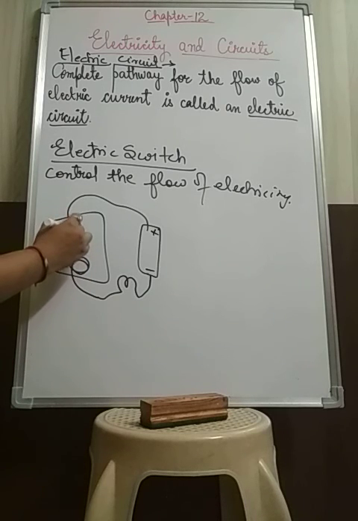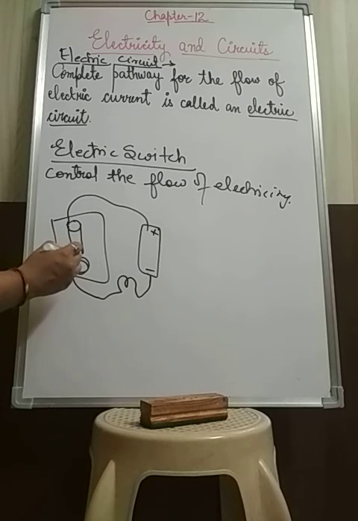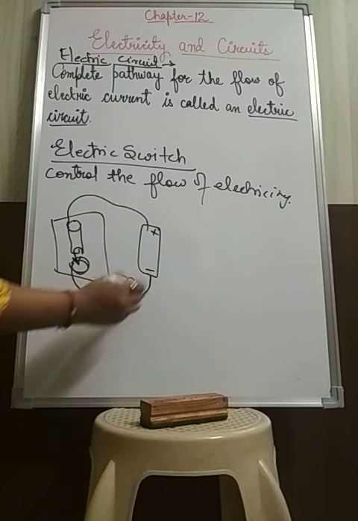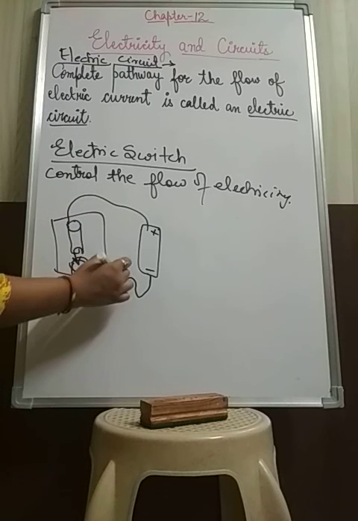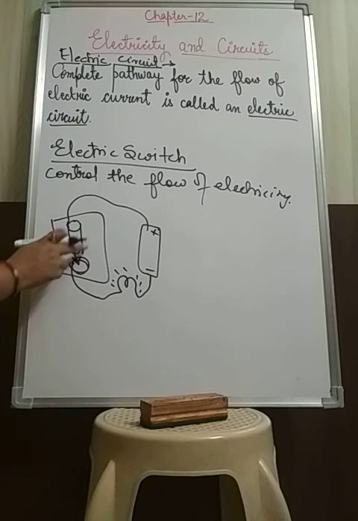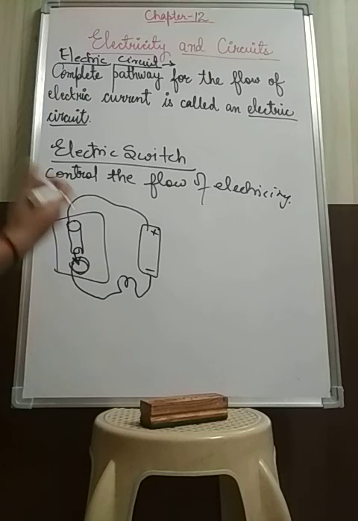Now in this arrangement you will fix a safety pin. What will happen when you move this safety pin and touch it with this fixed pin? Then the circuit becomes proper. The circuit becomes closed, and it will make the bulb glow. As soon as you remove this pin so it does not touch this fixed pin, the circuit will become open and it will not let the bulb glow properly, or it will not glow at all.